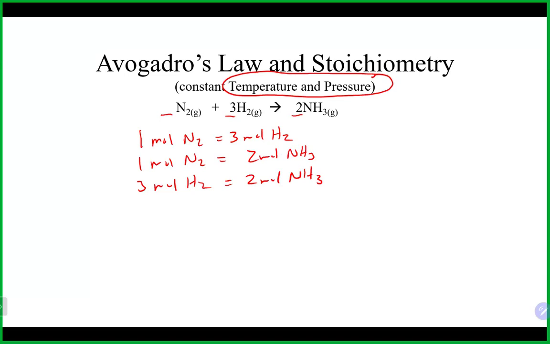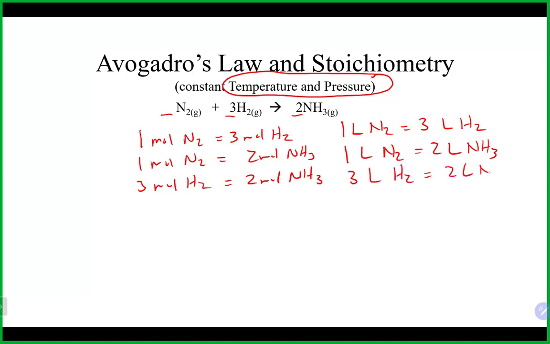So you could actually say, for every 1 liter of N2, I get 3 liters of H2. Again, instead of a mole-to-mole relationship, you could do a volume-to-volume relationship. You could also say for every 1 liter of N2, I get 2 liters of NH3. I'm getting this relationship the exact same way I would do the mole-to-mole relationship, from the coefficients of the balanced equation. Instead of mole-to-mole, it's volume-to-volume. I could also do it for the last one: for every 3 liters of H2, I could get 2 liters of NH3.